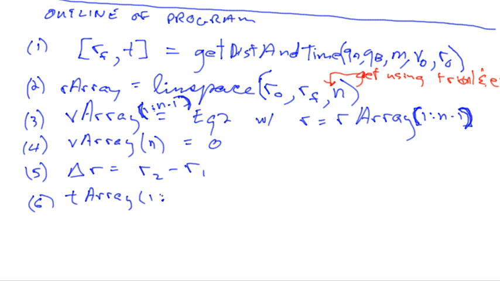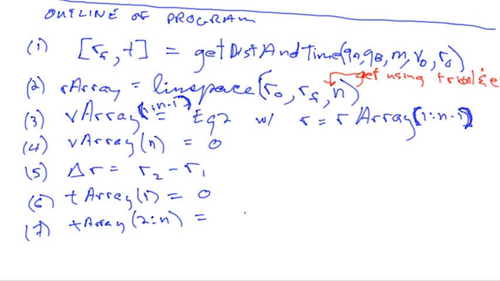I'm going to go T array of element 1 is equal to 0. The first one is just equal to 0. The time it takes to get from the initial position to the initial position is 0. It's kind of a tautology. And then T array for the rest of them, collectively for element 2 up through element n, is going to be